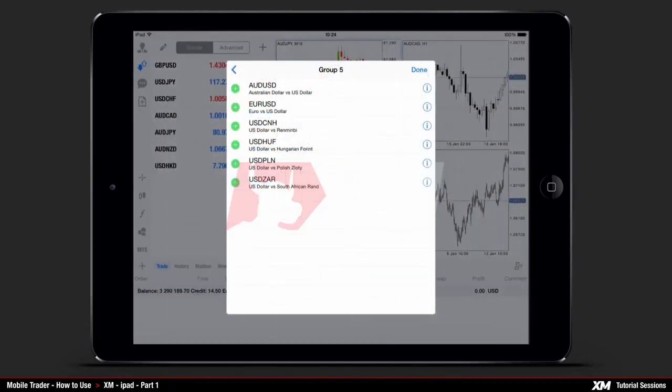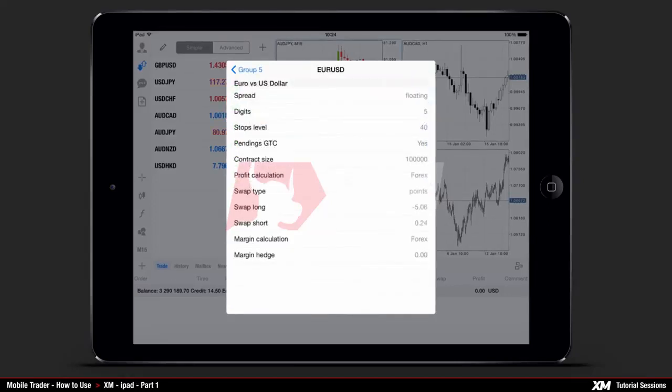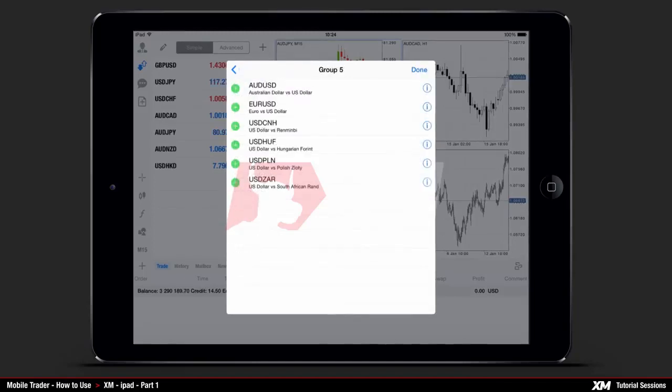In order to have the properties of a specific instrument displayed, simply click the I button located on the far right side of that instrument. To show you how this works, we will choose the Euro-USD pair. By clicking the I button, you can see detailed information on this specific instrument. The Group 5 button on the top left side of the current window takes you back to the details of